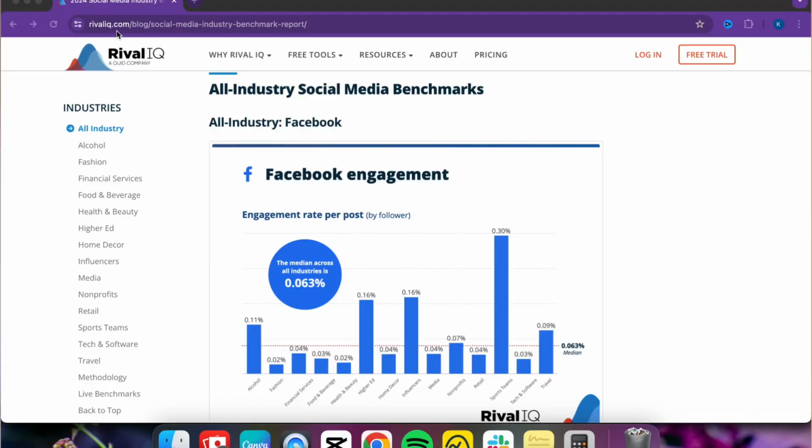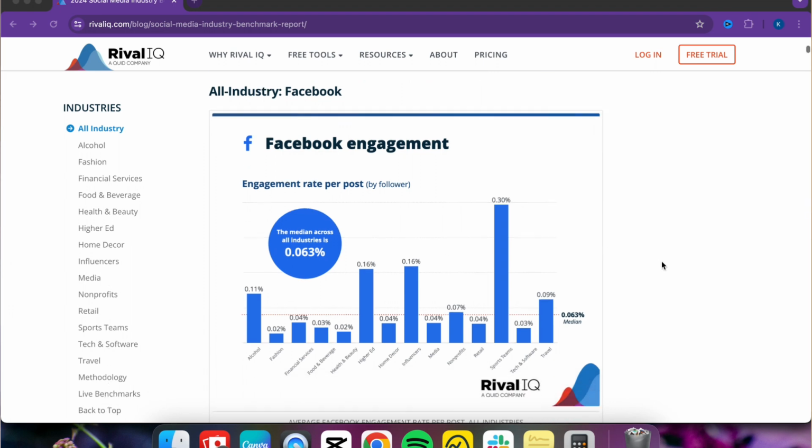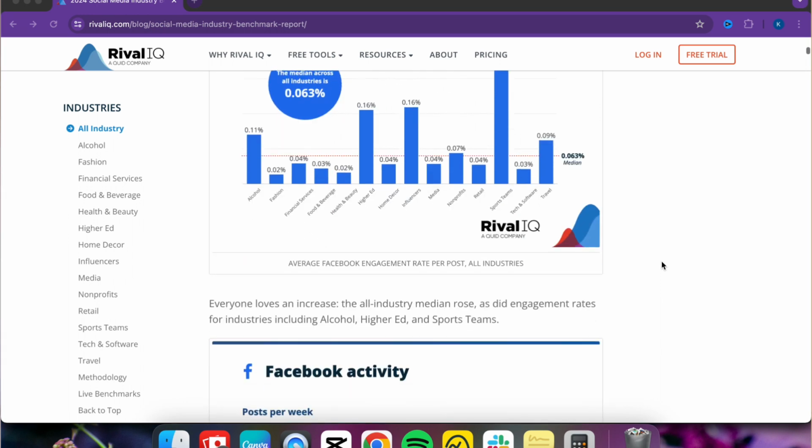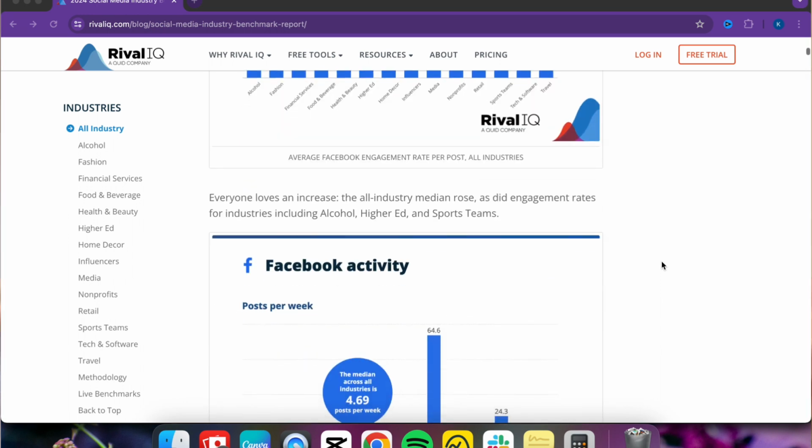One last thing before we move on to the next part of the report is comparing the data against industry benchmarks, aka showing how well the brand you're managing on social media is performing compared to other brands and businesses within the same industry. I like to do this using Rival IQ, which I'll link down in the description below. It is a great resource because it has industry insights for social for a bunch of different industries. And what I like about it especially is that it even breaks down this information by content type and performance.